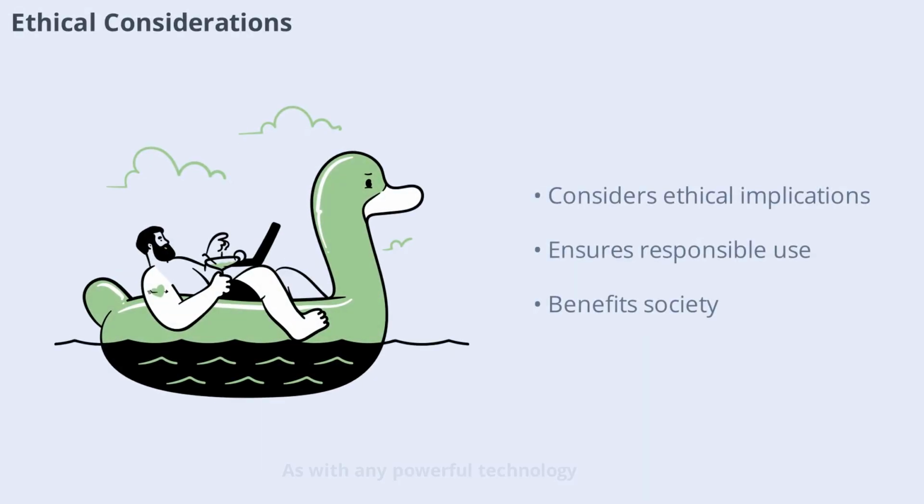As with any powerful technology, evolutionary computation raises ethical questions. How should we use these tools in medicine, agriculture, or conservation? What are the risks of unintended consequences? Researchers must consider the ethical implications of their work, ensuring that evolutionary computation is used responsibly and for the benefit